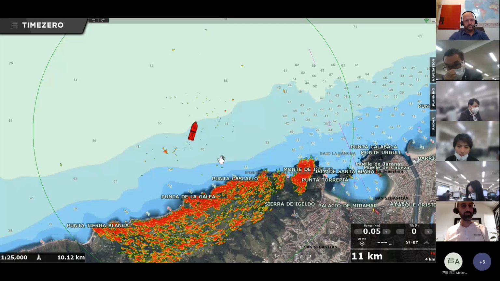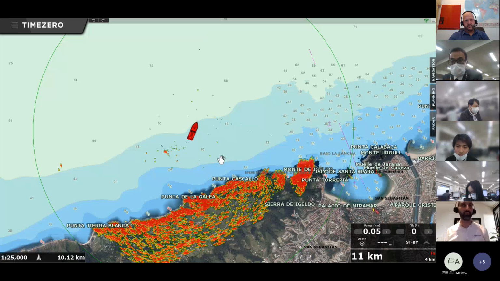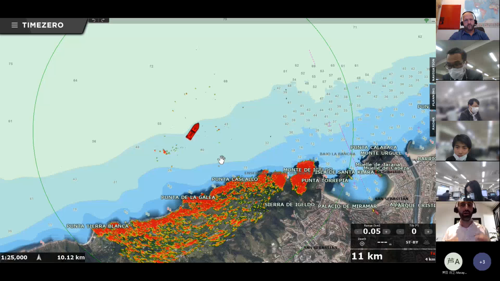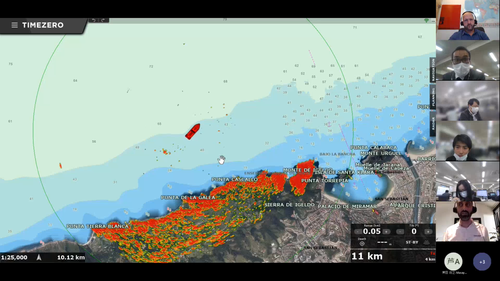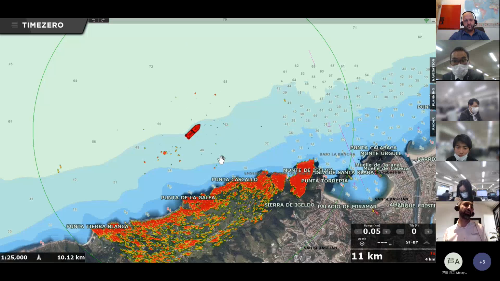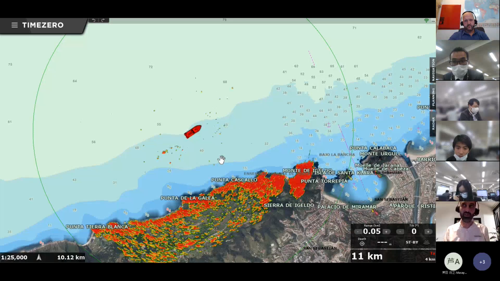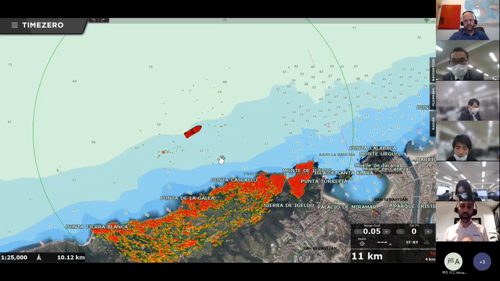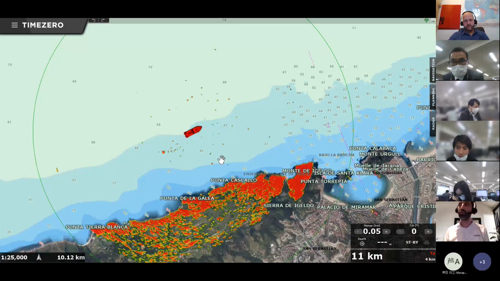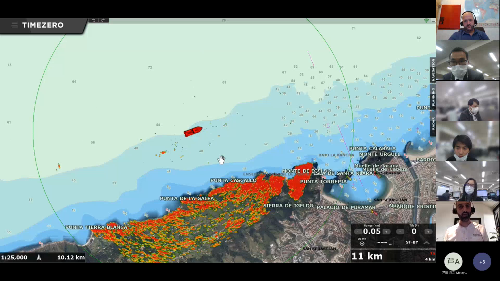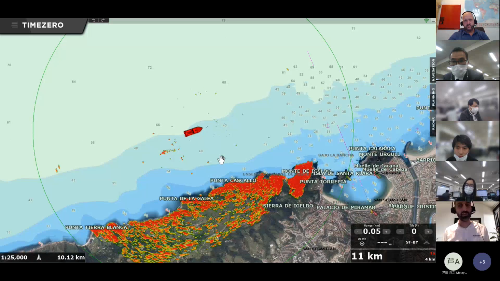The third point was the PBG data, the PBG information, how to manage it, how to display it, how to parameter it. And the fourth point was the integration with the hardware. And sorry, another point is the Oceano and the weather. But the integration with Furuno hardware for me was also really important to show you today, because this is what made the success of Time Zero Professional.